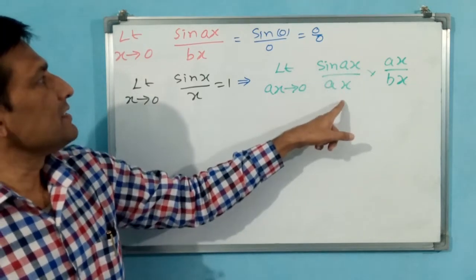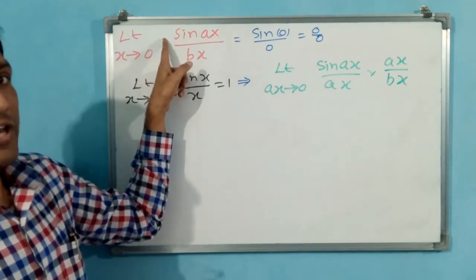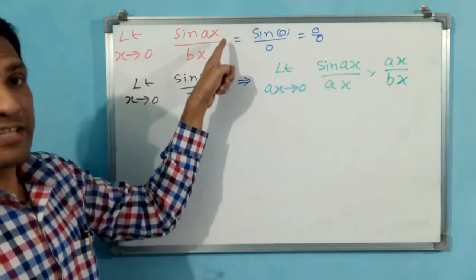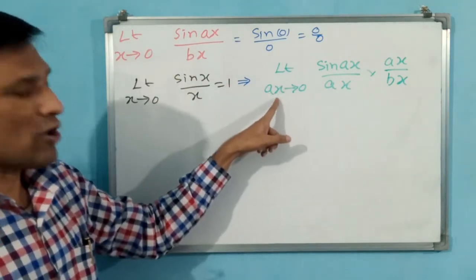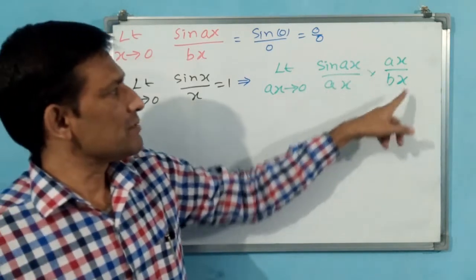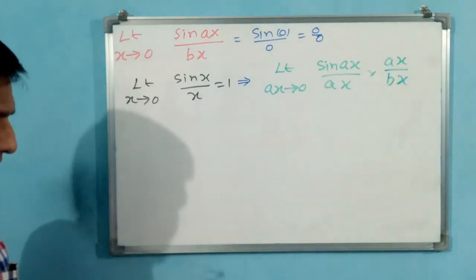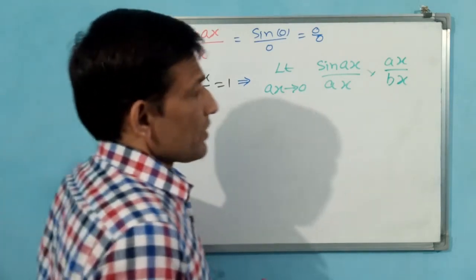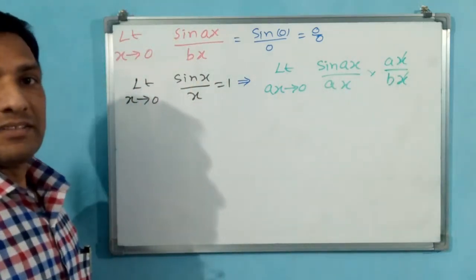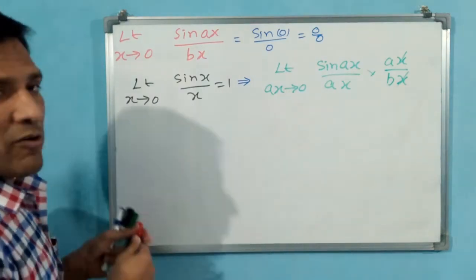ax I have written, ax is there. Why I got this idea immediately by seeing this here. See, here you can change. A is there means you can take a common scalar, but if it is inside the function, then you cannot change anything. Rather, you have to change this. Sin ax by ax into ax by bx. Ax if you cancel, sin ax by bx only will come. Now you see here, x and x are going to get cancelled. A by b is a constant, like a scalar. Shall I take the scalar outside? Definitely I can take. Okay, see how I am writing now.